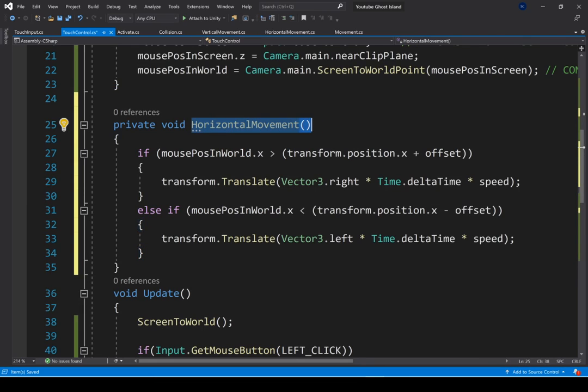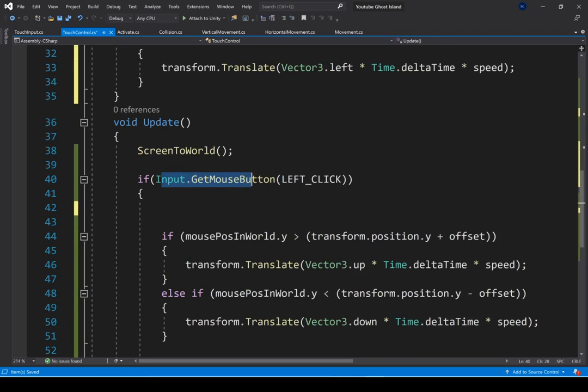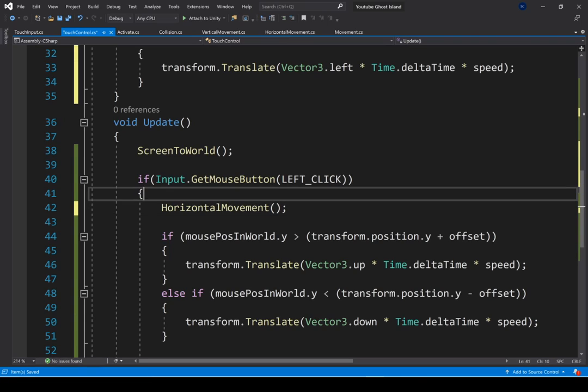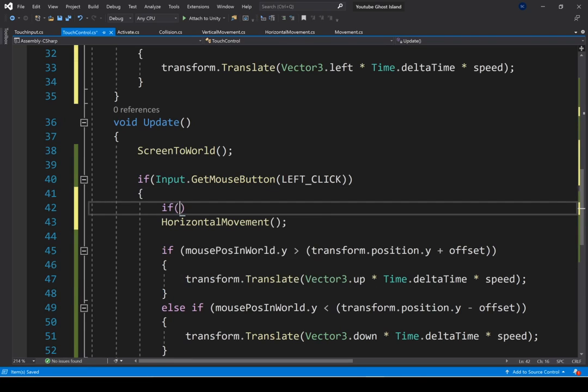I'm gonna call this function whenever I left click the mouse, so I'm gonna call it here. Now I'm gonna add one more condition. So if is moving up. Okay, so if my player is moving up, I don't want my horizontal movement to be engaged. So what I'm going to do is, if I'm not moving up, so if the vertical axis is not engaged,